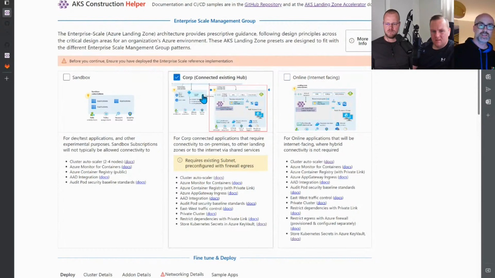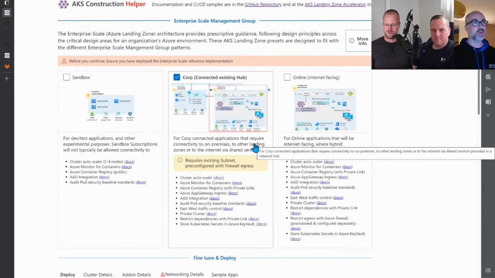If I sit on the Corp one for a little bit, the big warning we've got here is it requires an existing subnet, because customers that have been through landing zones will already have hub and spoke. They'll have a way of vending subscriptions and connecting VNets. We're not trying to solve the same problem twice.